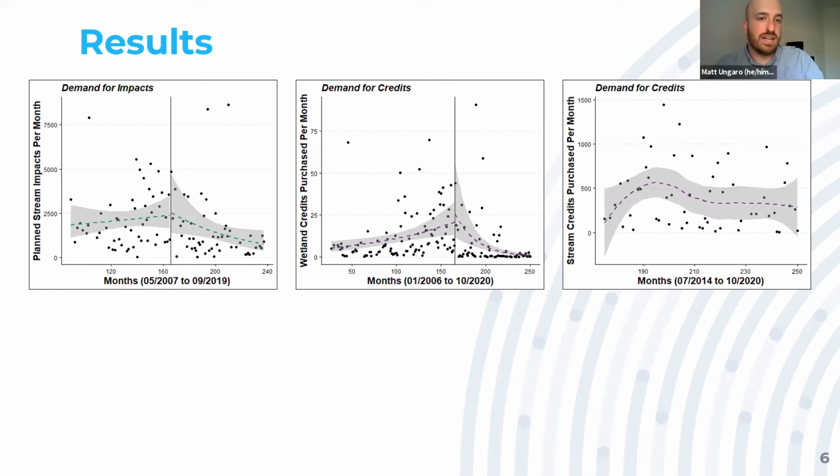And then the line down the middle is the impact of the SMM policy. We can see here that before the policy came into effect, there were more and more impacts on streams occurring in this market. But once the policy came into effect, we started to see a decline in the amount of impacts on streams, which is great if you are interested in keeping these natural streams preserved, because you want to see less impacts on these stream resources. So we also did this for wetland resources, and we did not see any real change, though